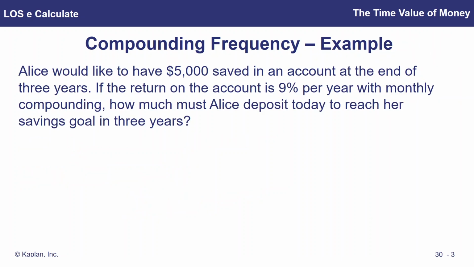Okay, similar question, but this time we're looking at present values. So Alice would like to have 5,000 saved in an account at the end of 3 years. So that's her future value that she's aiming for, FV rather than PV. We're looking at 3 years. It says the return on the account is 9% per year. Doesn't say an effective rate of 9% per year. So again, that's my stated annual rate,